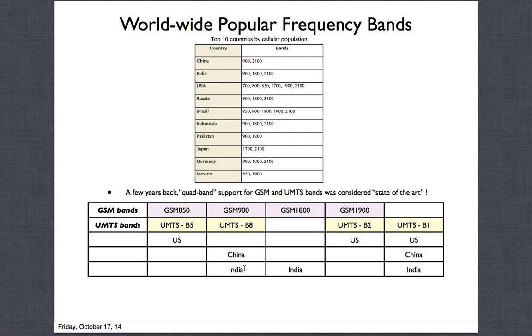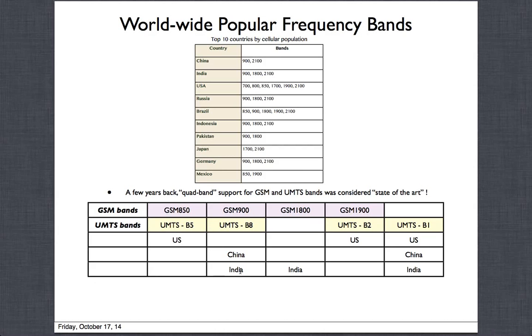And what frequencies do they use? For example, China uses GSM 900, and 2100 is for their UMTS, 3G, 4G, all the services they have there. India, of course, has band 1 for those services, but India also has two GSM bands, GSM 900 and GSM 1800, and different carriers are in these different bands. Whenever there is an auction of spectrum, they bid for it and win the spectrum, and they get a certain band, and then that particular carrier will deploy their services in that particular band.